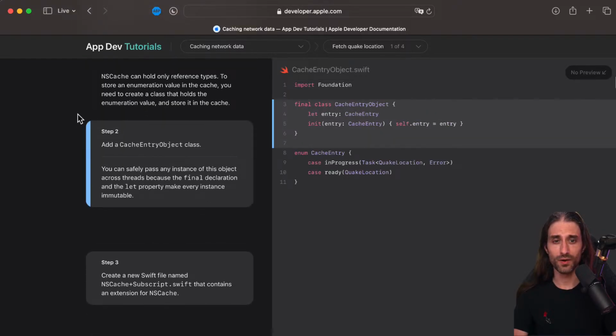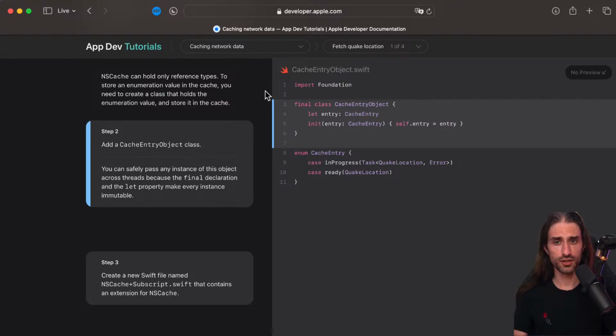Okay. So then we're going to talk about NSCache. NSCache can hold only reference types. Reference types are basically classes, and to be fully accurate, classes, actors, and closures, if I'm correct.